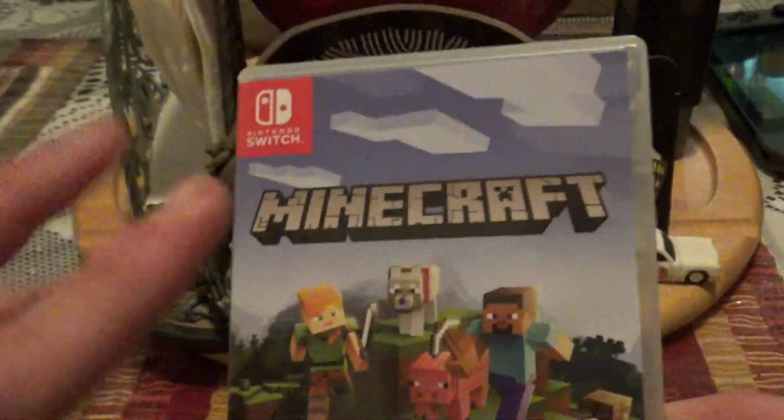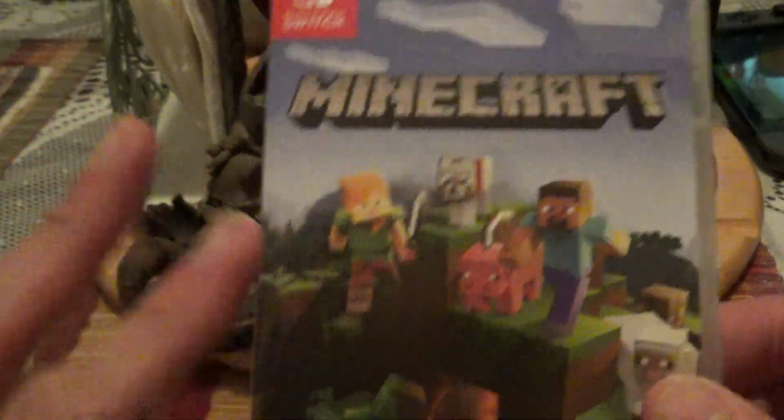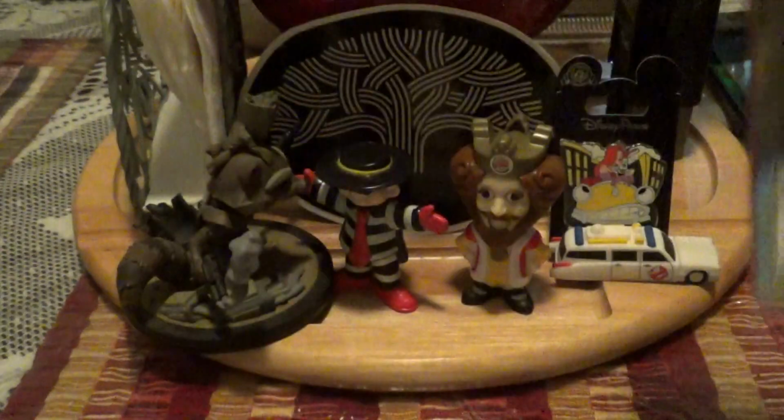We went to another nearby location and got it. But this game, even my girlfriend's been hooked on this one, so we've all been hooked on this game. Really, really fun game. I just recently discovered the Minecraft stuff, so never knew how to play it, and then finally learned how to play it. It's actually a really fun game. Another time